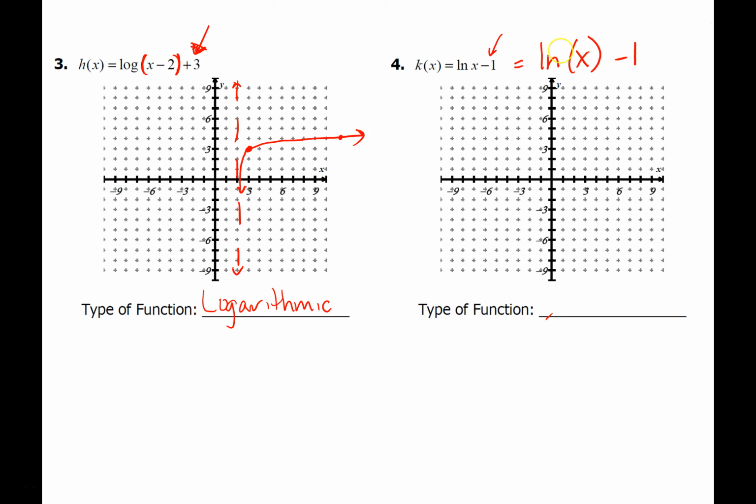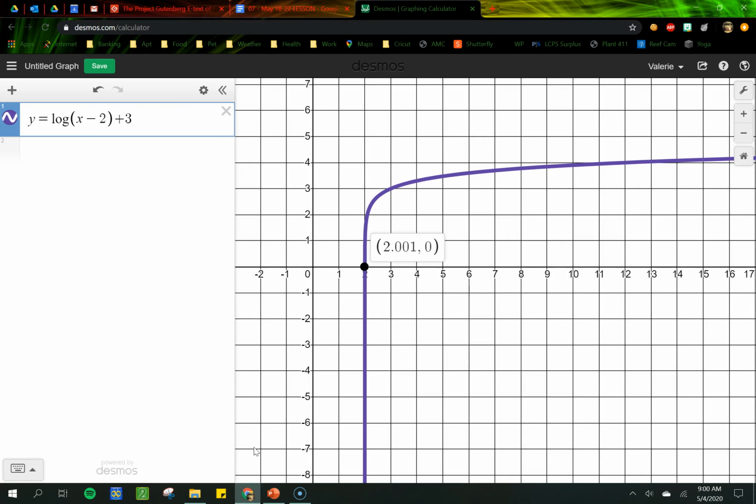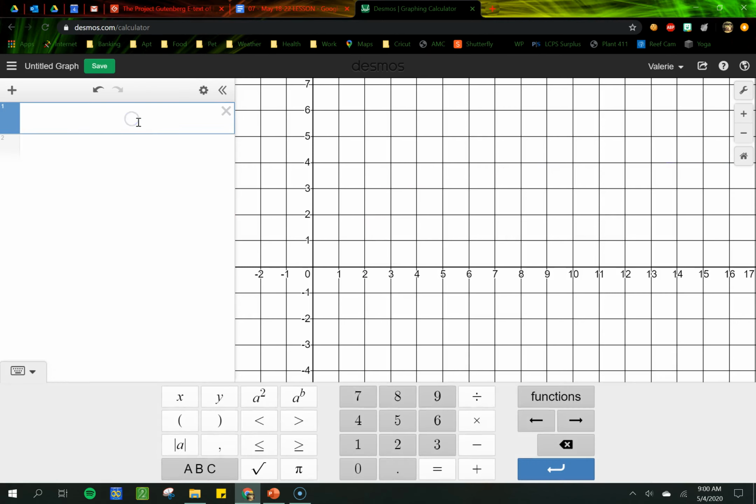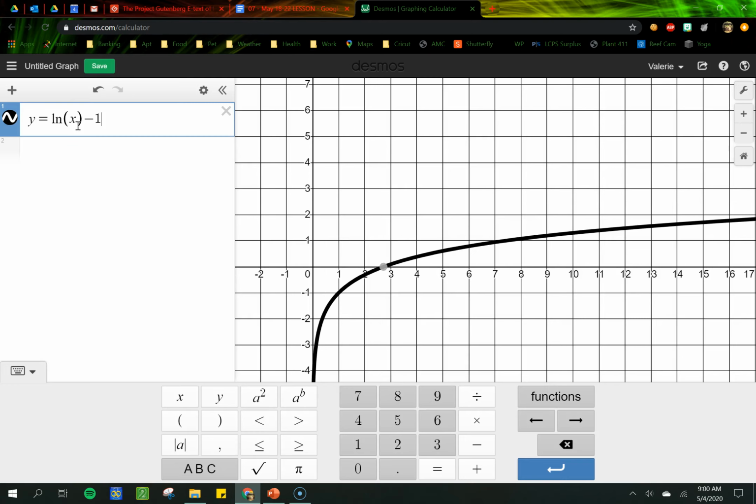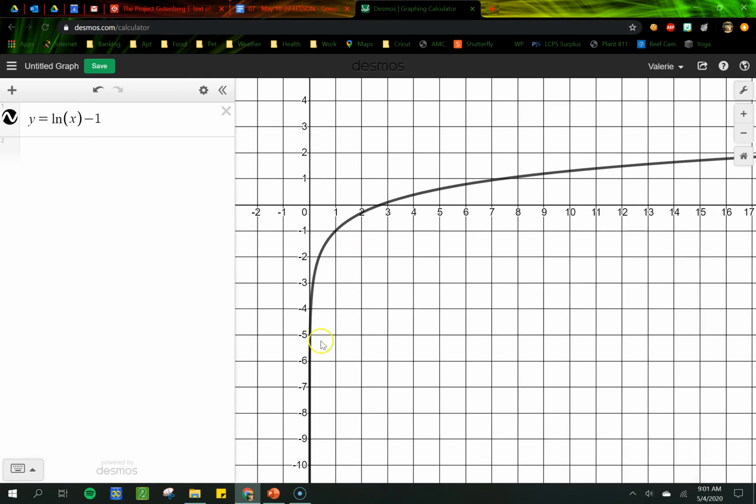So we're going to have to be really careful with how we plug this in. If the number value is supposed to be inside of the logarithm with the x, then it's going to be shown with parentheses like it was in that previous problem. Okay, so let's graph this one. This time, because we're doing a natural logarithm, we're going to use a different button on the functions. We're going to use this LN. Notice it gave me my parentheses, so I can type my x, and then I have my minus 1 on the outside. Again, we have an increasing line because this is